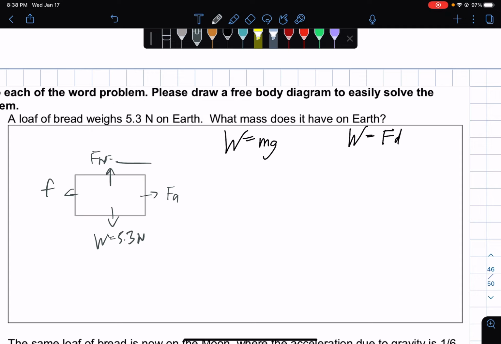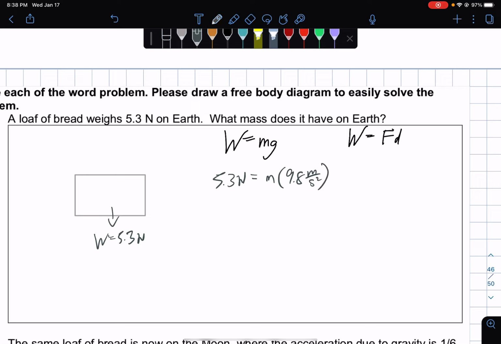And yeah, the answer key didn't write the three other forces, only the weight. We have 5.3 newtons, and we're looking for the mass. So gravity is 9.8 meters per second squared. That's always a standard value. 5.3 over 9.8 is what? That is equal to 0.54082